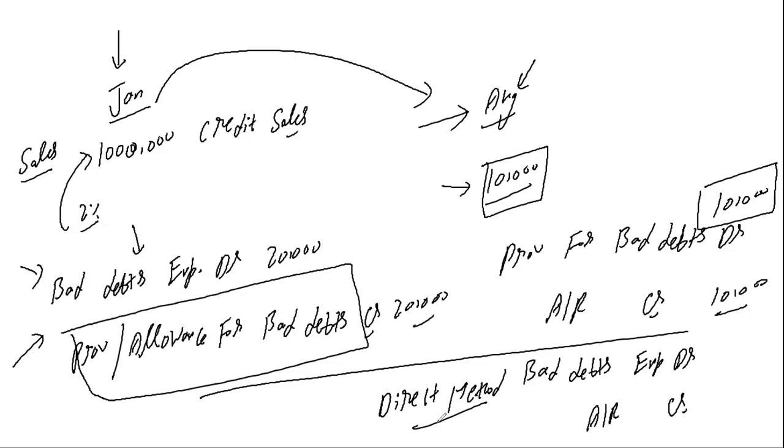So this is the reason for different kinds of provisions. At a later stage, we'll have discussion about provision for warranty, provision for contingencies. Right now we have to discuss provision for sales return, provision for bad debts expenses. So all these provisions we are recording to make sure of the implementation of the matching concept, which says that expenses must be recorded in the same period in which they generated the benefit for us. So let's move to the next level of topic. I hope this is clear for all of you.